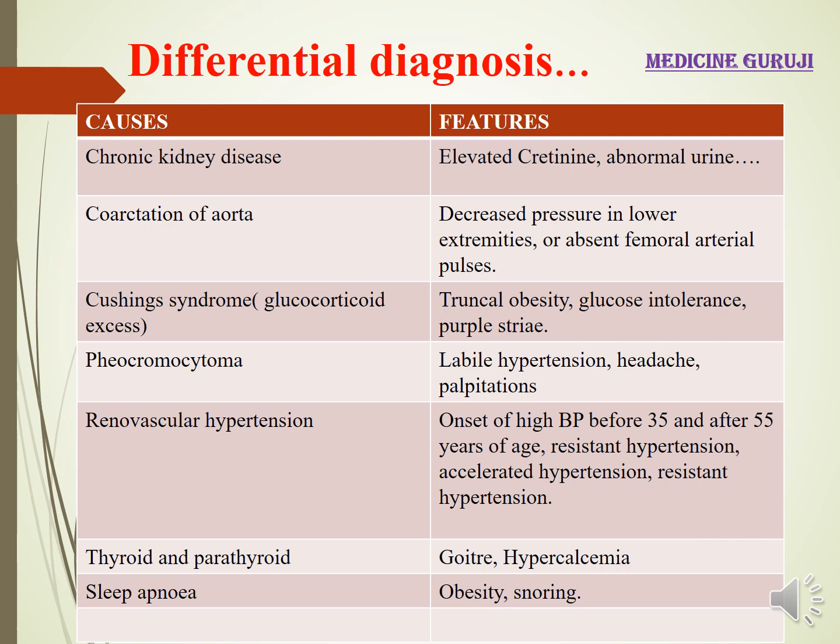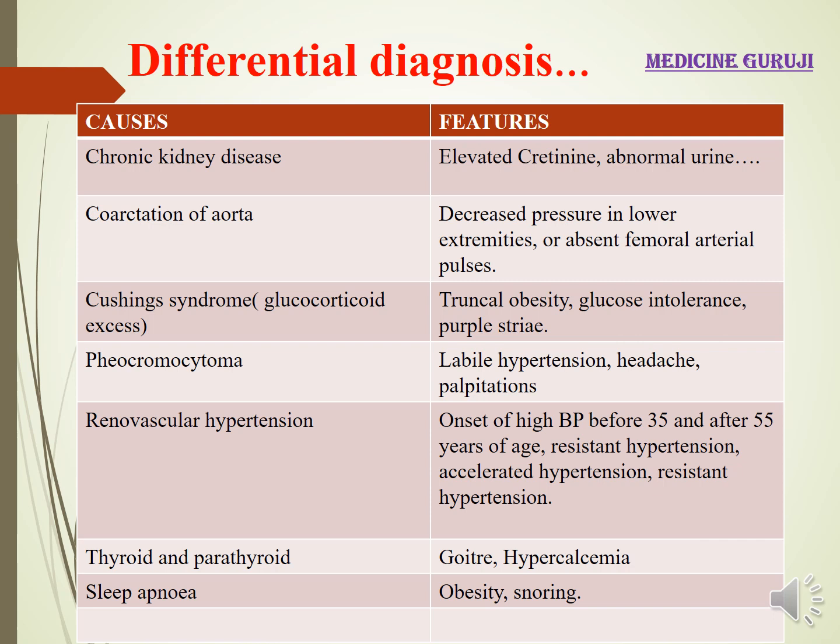Let's see the differential diagnosis of hypertension. Chronic kidney disease, that is secondary, we are talking about. The features will be elevated creatinine, abnormal urine examination. Whenever we are seeing coarctation of aorta, there is decreased pressure in lower extremities or absent femoral arterial pulses. Cushing syndrome, very important, due to steroid abuse, glucocorticoid excess. There can be truncal obesity, glucose intolerance, striae, purple striae,